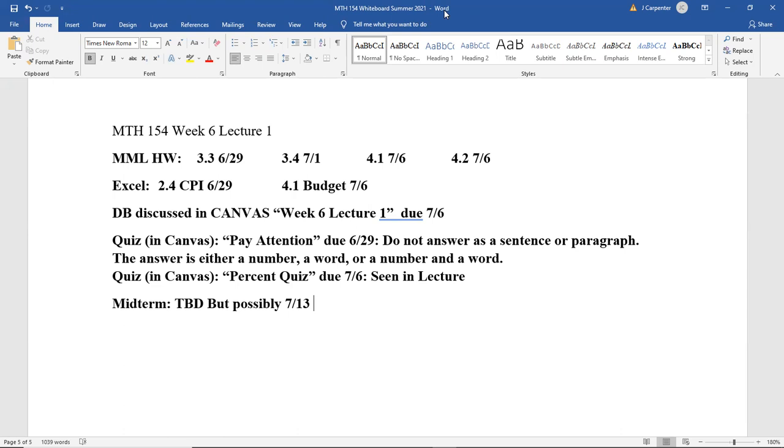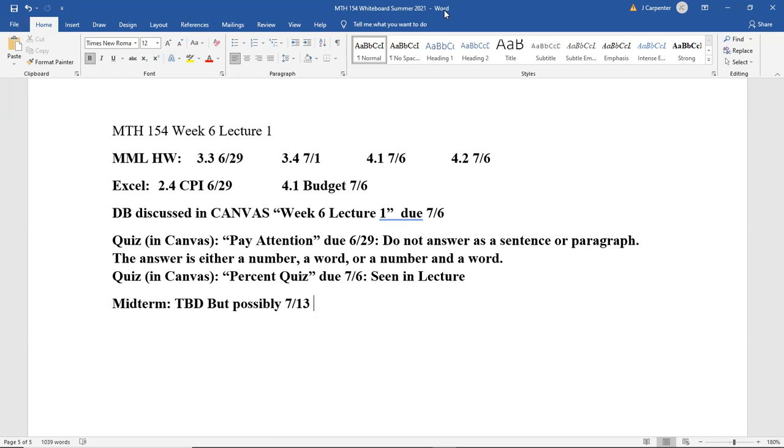Excel assignments, we've got two. One of them's old, one of them's new. So that 2.4 CPI that we talked about a week ago, that's due today. And then the 4.1 budget, and you might see a number on this that also says 4.2, but there's not a ton of other Excel assignments named budget, so it should be pretty easy to find. It's in the normal order of everything. So please don't let that 4.1 or 4.2 bit be confusing. So we're assigning that today, which means it's due in a week, the 6th again. Lots of things due on the 6th.